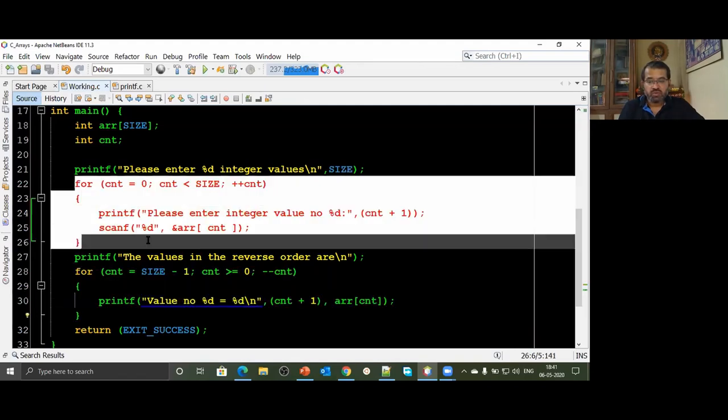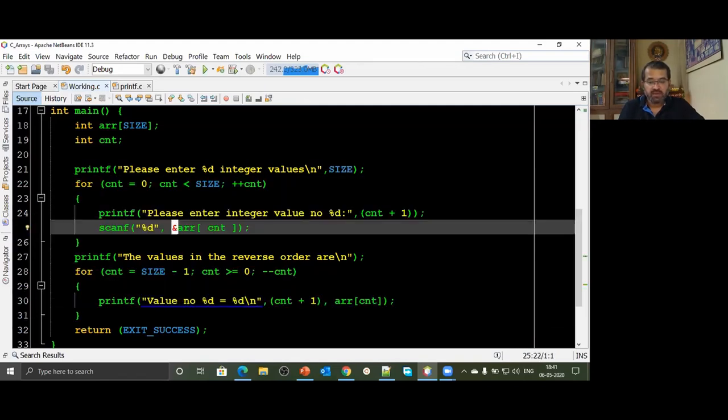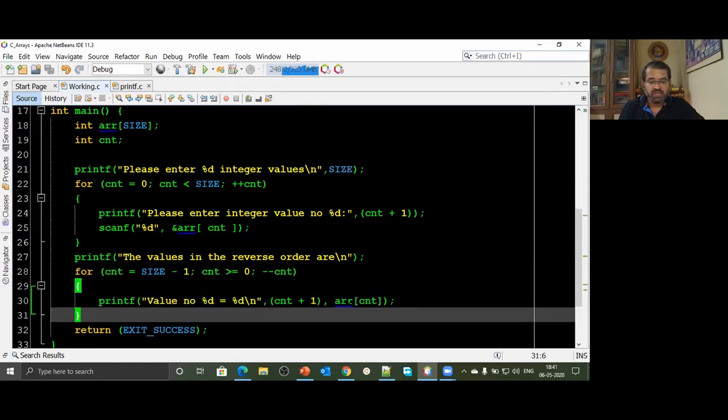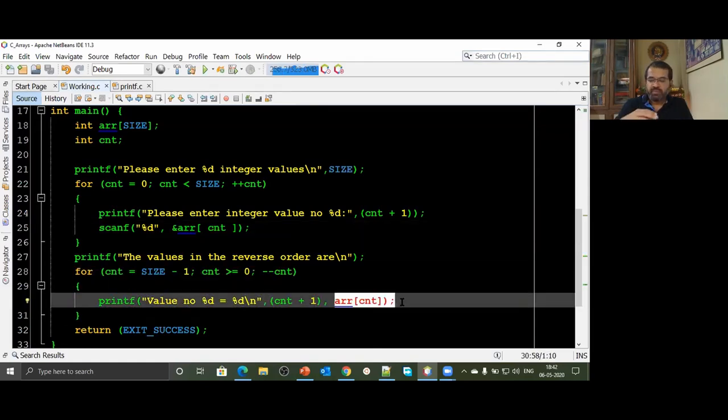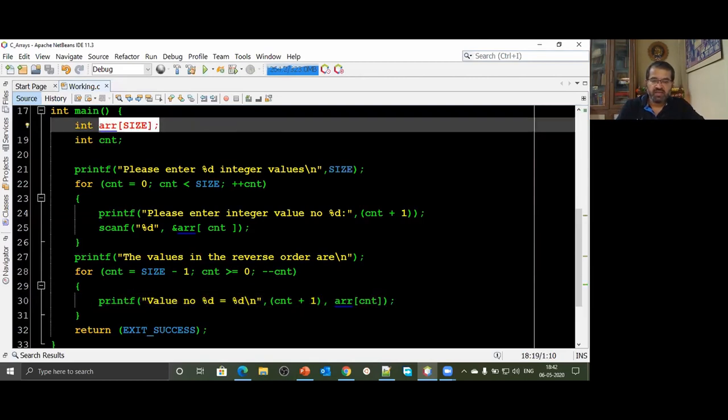This loop iterates over the array, wherein we are accepting values inside that array by using scanf. This loop iterates over the array while we are displaying the elements of that particular array. And this is just an introduction. We have actually not gone ahead. It is just to show you how we can write it. What's happening internally is yet to be discussed. But this is just to show you how it actually works. Without using an array, this code would have been very, very lengthy.